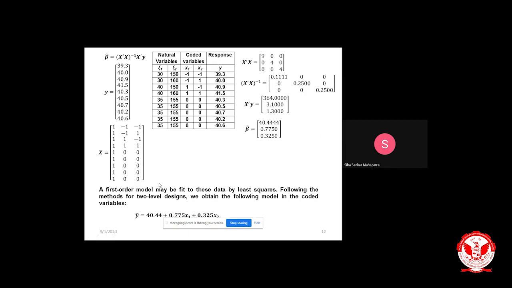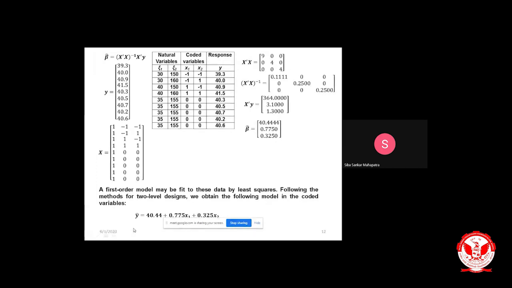Now, if you solve the same equation with the same observations I have taken here, y is nothing but this response column, and x is the matrix where one column is added only for beta 0 in the equation, then the x1 column and x2 column. Then use MATLAB for getting all these: x transpose x and x transpose x inverse. Then we will get these beta hat values.